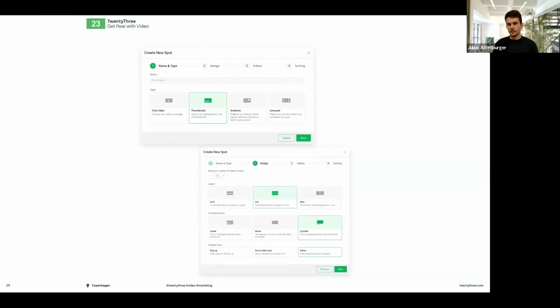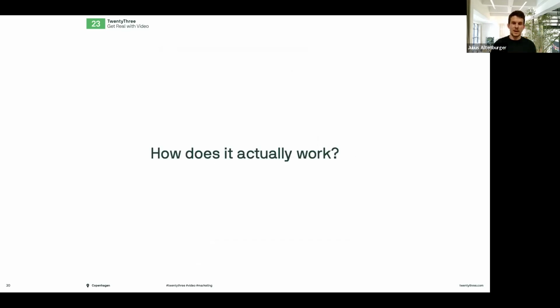So now I've talked a lot about what the value is and how it could look, but I might just show you quickly how easy it makes it to manage videos.